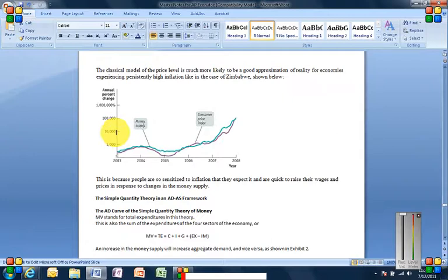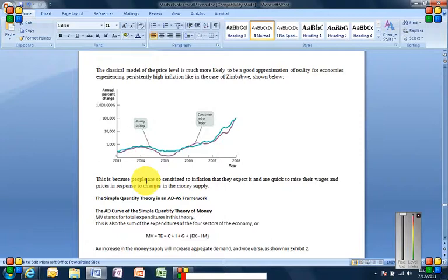Severe pain, as you can imagine, for those citizens living in Zimbabwe. As a matter of fact, a student recently gave me some of the now discontinued currency from this time period, and I believe the one sheet of paper that he gave me was marked $100 trillion. So that's how worthless the currency became before it was discontinued. But you can see that the money supply and the consumer price index for that country, as they're plotted over this period of time, really almost mirror each other very, very closely. And so this seems to give some evidence, some credence to the classical theory about money supply and prices.